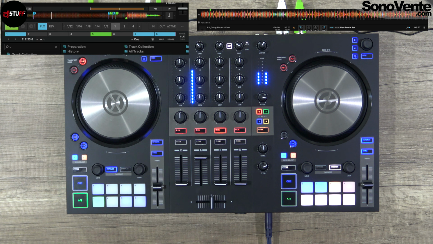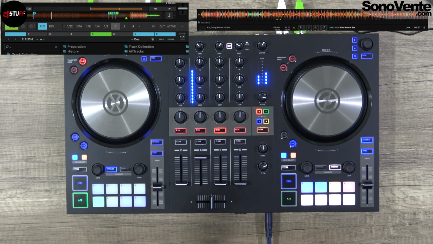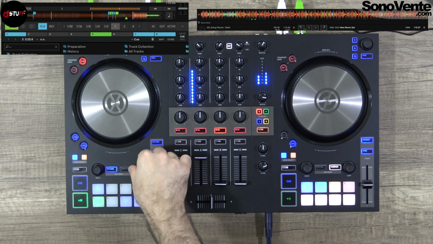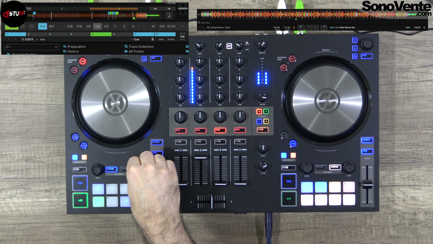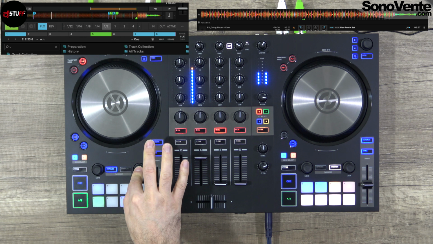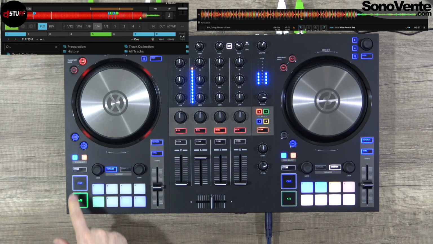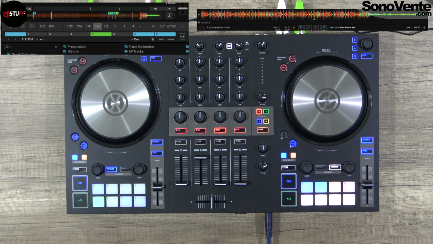But if you use flux mode, you can make a loop, decrease, increase, and jump into your beat. The music stays underneath. It's pretty cool. So flux mode for hot cues, loops, it's cool.